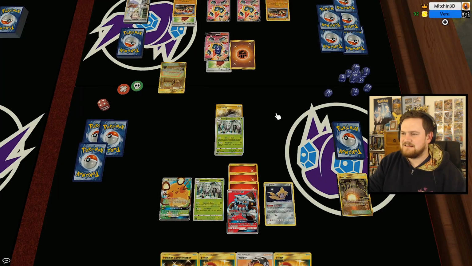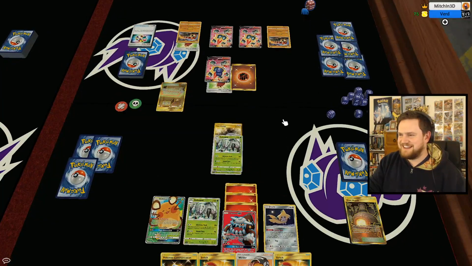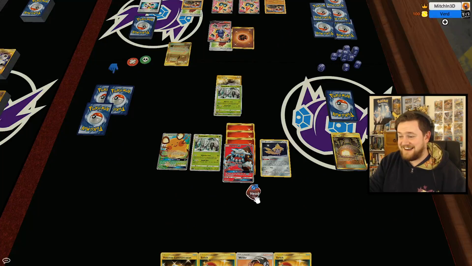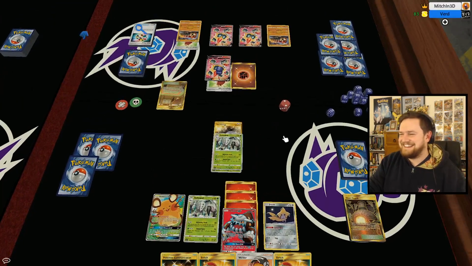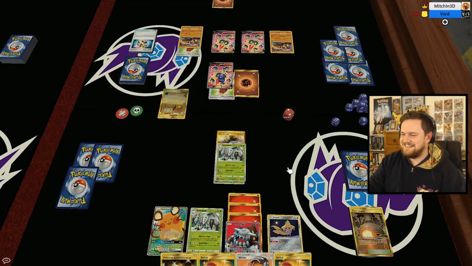Okay, so we are going to do my favorite thing, which is roll a dice. Roll the dice. One last roll of the dice for Sam. Yeah! He got it. Oh my goodness. The worst part about this is...